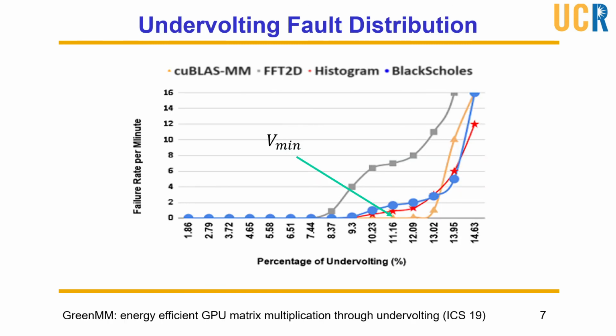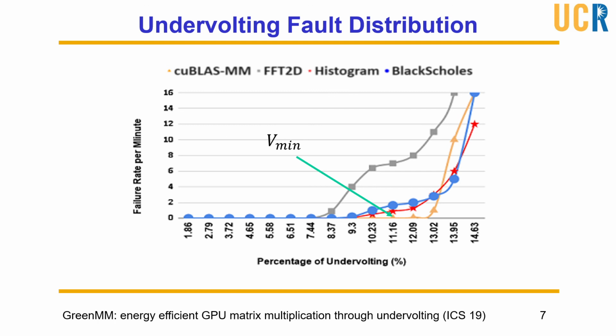The failure rate of different applications due to undervolting are measured similar to the approach used in the Green MM paper. As shown in the figure, failure rate of application increases exponentially beyond Vmin. These values are different for different applications. For example, the Vmin for cuBLAS MM is 10.2 and